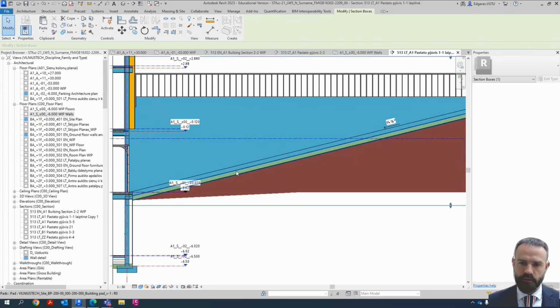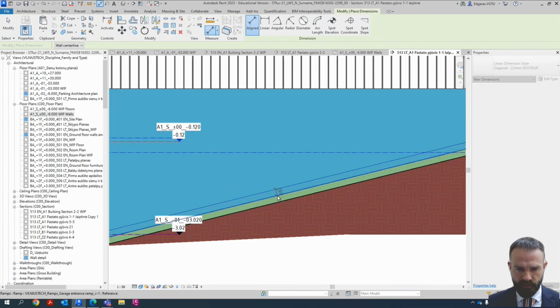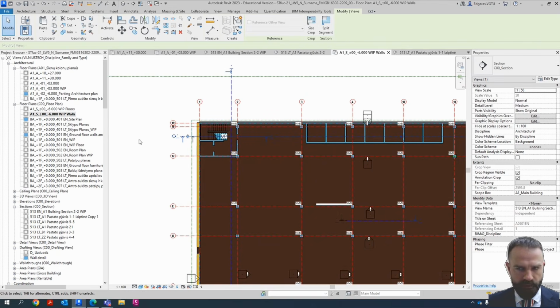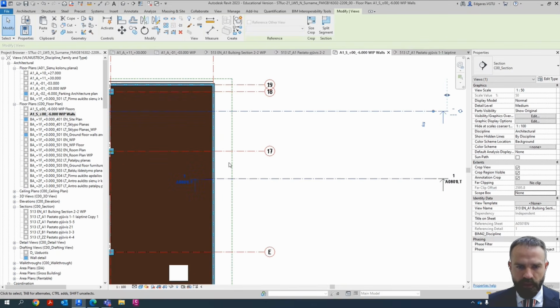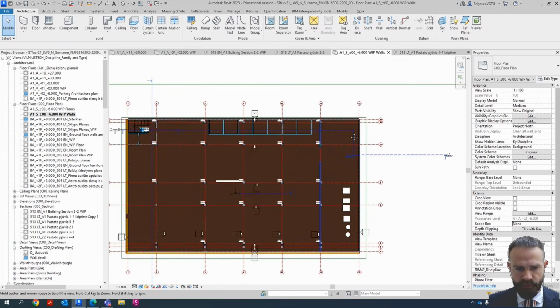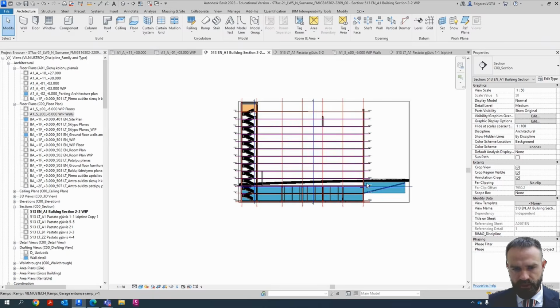the main components: what is the slope, what is the thickness of the ramp, and I should also connect all the dimensions to the line. Change the scope box to none, and in this case I can extend my section so it also grabs the ramp. And for the ramp I use split segment, and I create an additional step for my section, and now it should grab all the components. So if I go to this section, go to view,